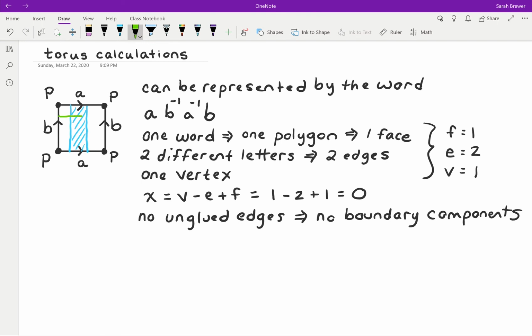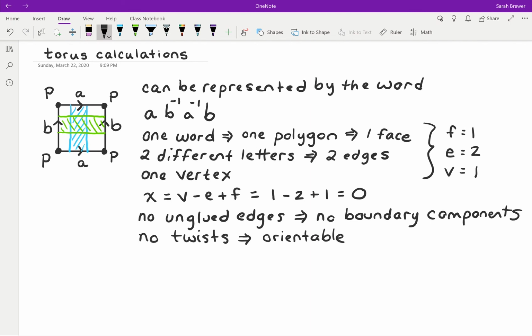And similarly, when I glue my B edges together, I can do that the other way. I can glue them together without creating any twists in the surface. So the fact that I have no twists